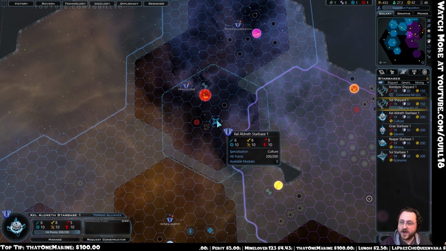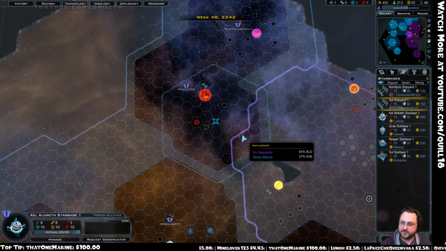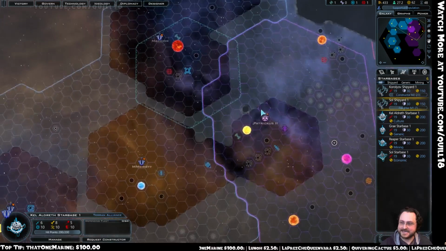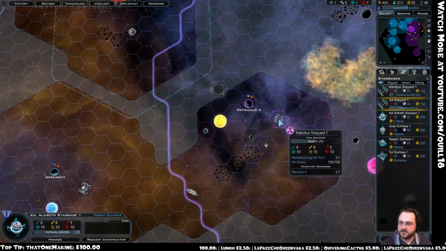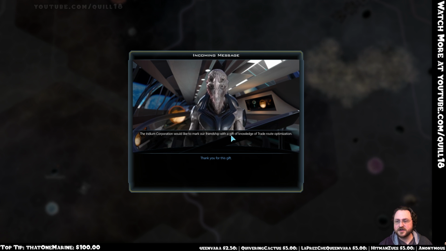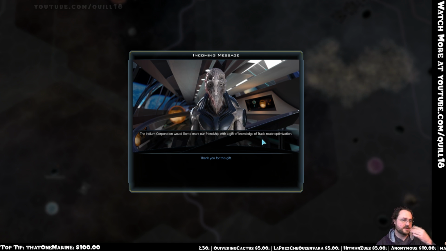But right away, we went and grabbed a bunch of extra territory. If we keep looking here, I suspect that we will continue to flip some of these tiles and just take more land, which is awesome. Iridium Corporation would like to mark our friendship with a gift of knowledge of trade route optimization. It does probably help that I'm playing on low difficulty,